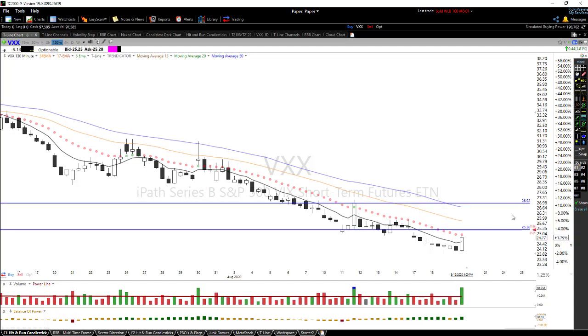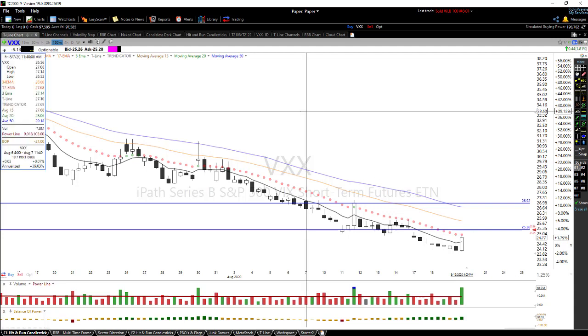And that's going to put the market in a little bit of a twist, no doubt, if we see this kind of volatility and fear come into the market. But until we get follow through, we really have nothing. Now we are opening higher. It looks like we're opening higher on VXX, but it needs to continue to climb to get up into this area to really cause the market to have a temper tantrum. Okay,